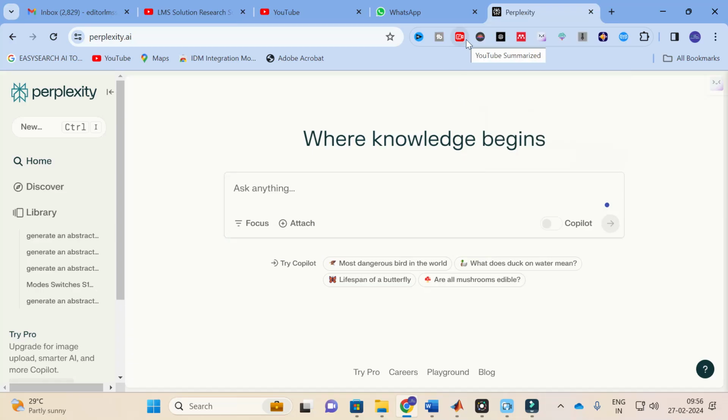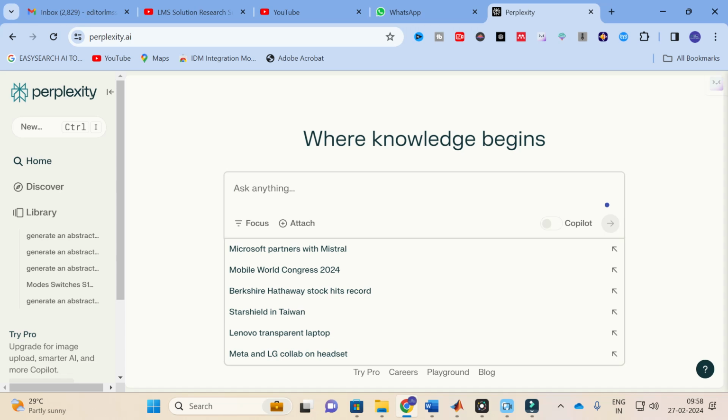Moving on to today's video, the AI tool we are going to discuss today is Perplexity AI. As I told at the start of the video, it is one of the best tools which generates better content, like ChatGPT and Google Bard do. It is one of the best chatbots where you can ask any question related to your research paper writing. So first we will explore with some tables. We will ask for a table to be generated.